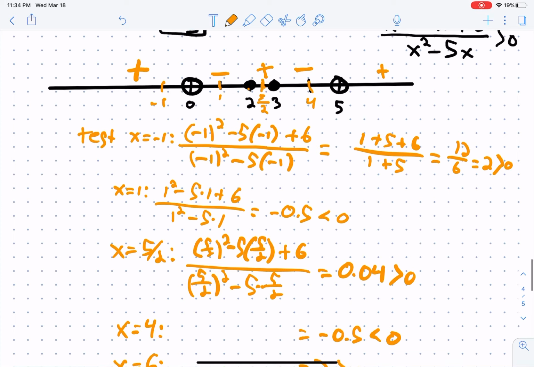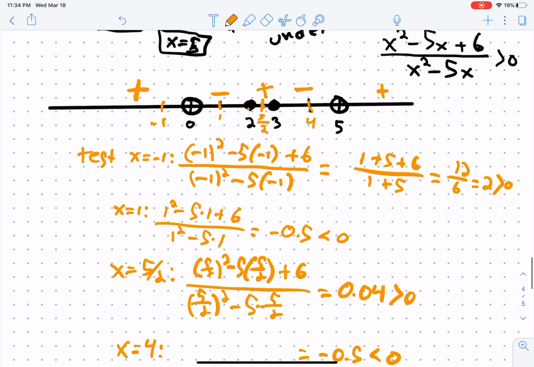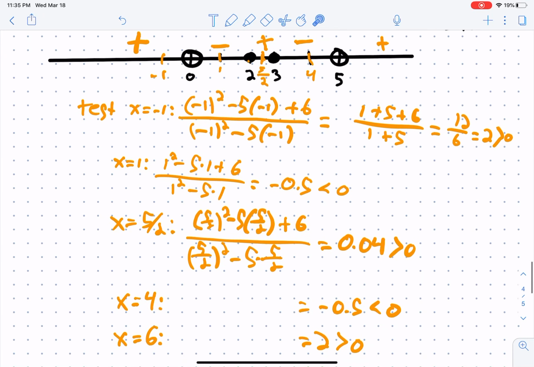Now, we're interested for this problem in including all of the places where this function is bigger than 0, not equal to, but bigger than. And that means we're going to include all of the numbers down here, up to, but not including 0. We're going to include the numbers between 2 and 3, but not including 2 or 3. And we're going to include the numbers above 5. So our solution goes,